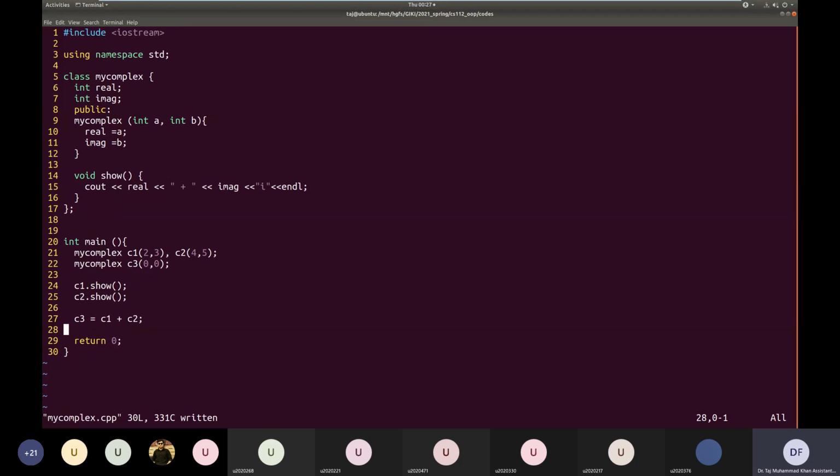Because user-defined types can be infinite. I mean, you can imagine anything and you can make a class of that. That will become a new type. So the C++ creators could not have imagined all the types that the users would invent. So they just provided some basic functionality and then gave you the facility to define your own types.